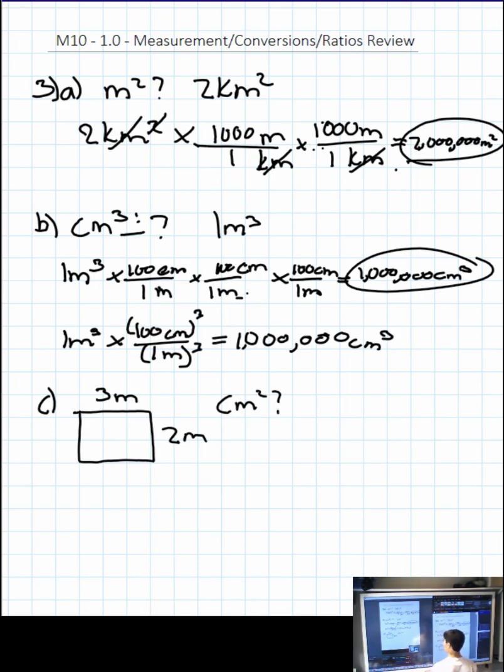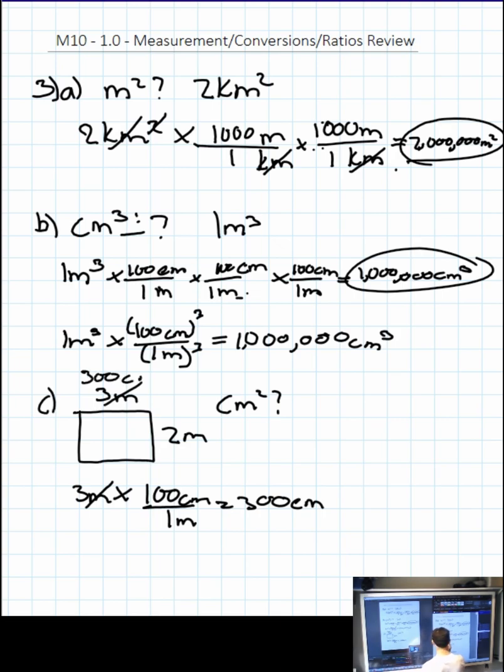We're going to start by converting meters into centimeters. So let's say 3 meters times 100 centimeters per meter equals 300 centimeters. Now in our diagram, we're going to cross off lightly 3 meters, just in our diagram, and say 300 centimeters. Now we're going to cross off 2 meters in our diagram and just say 200 centimeters because it's the same